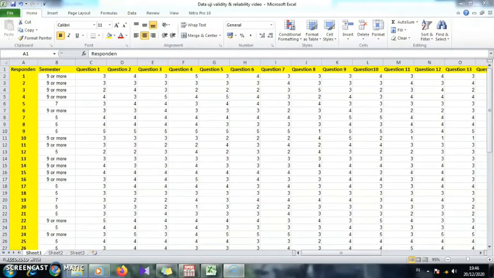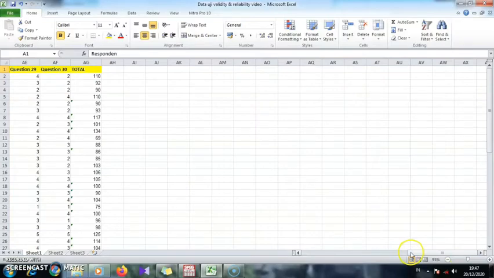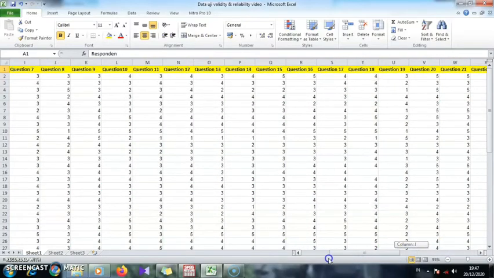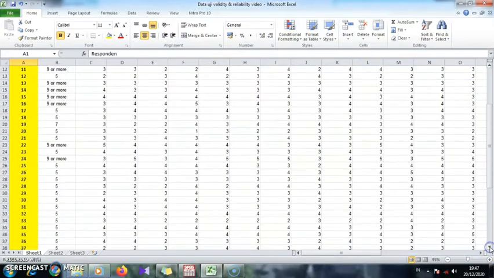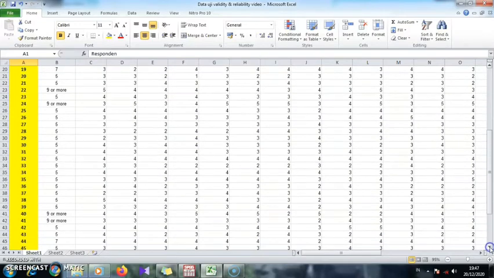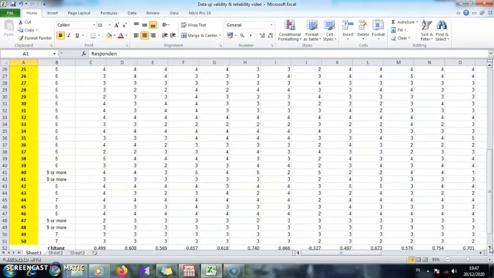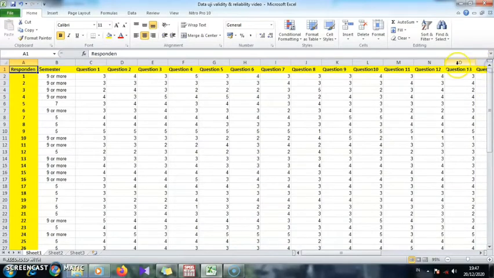Here I have provided a questionnaire document that will be tested for the validity and reliability of the data. In this data, we have 30 questions in the questionnaire and 50 respondents. The respondents are students in the 5th, 7th, and 9th or more semester. Okay, first we will test the validity of the data using